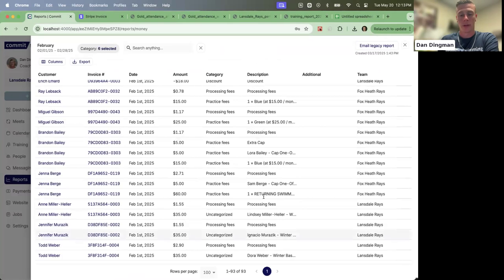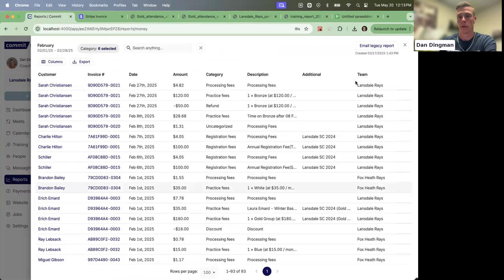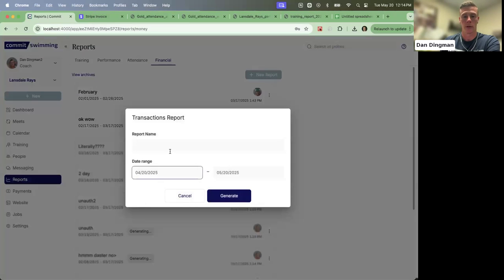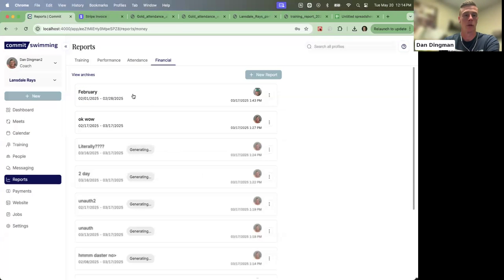And because this report is slightly different than the previous one, we still have the old reporting button that you can click to email yourself the old report if you had processes built off of it. And you can also export this new report. There are a few tweaks in here that we want to change such that we can replicate this legacy report exactly, and we'll get rid of this button eventually. When you click new report, you get to pick the date range for that, and it stores the report there for you.